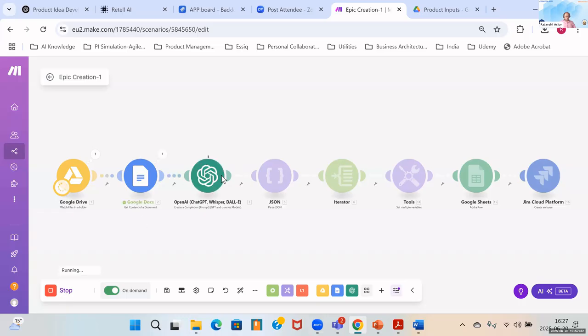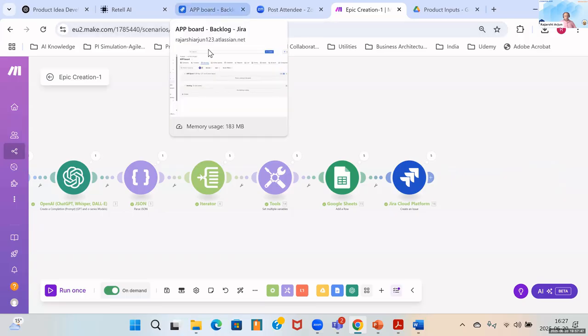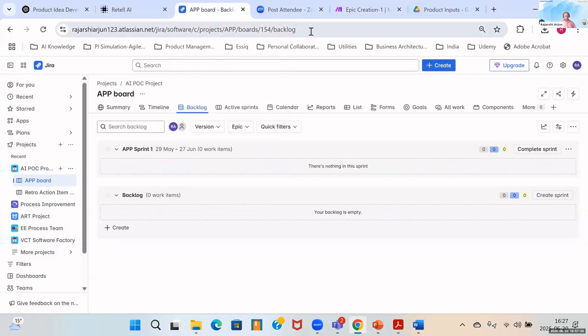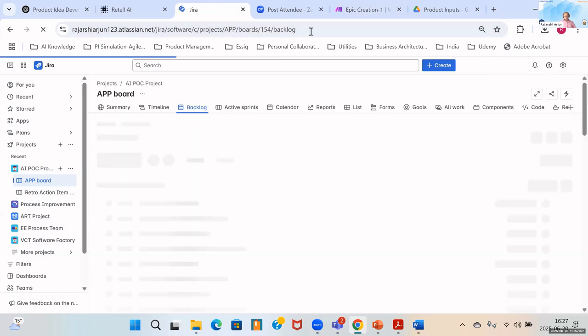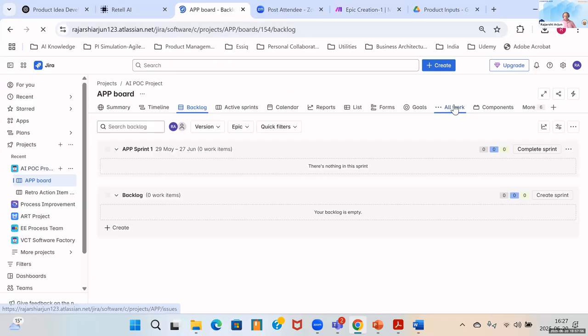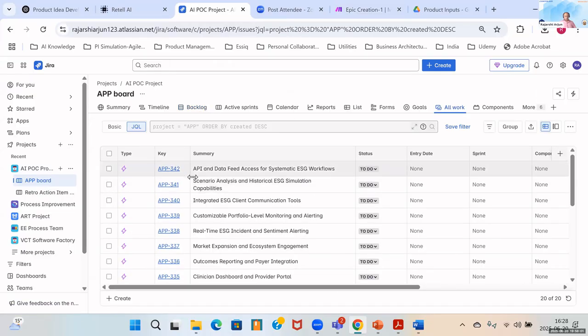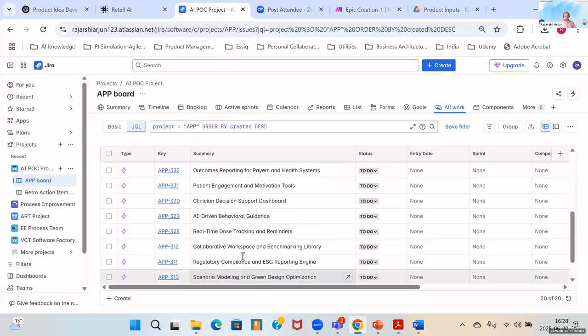You see the GPT is executing, and if you look at the end over here, this is where it has created 5 epics. If you come here now and do a refresh of your screen, you will see that all your epics are over here.